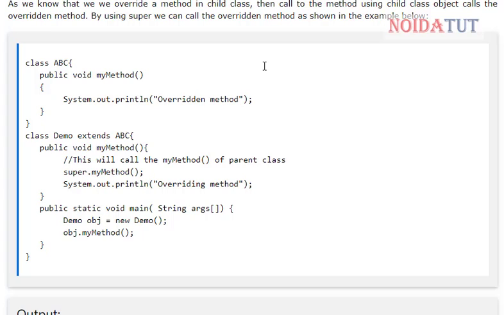We have a main class ABC, then we have a function myMethod, then we have another class demo which extends or inherits the parent class, and we have the same function myMethod. Then we have created an object of the demo child class and call the method. In this you can see that we have used the super keyword to call the method of the parent class.